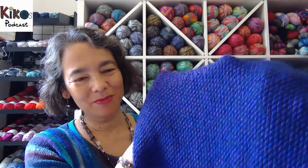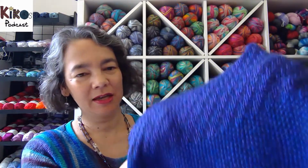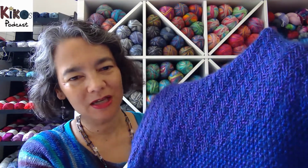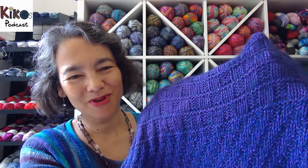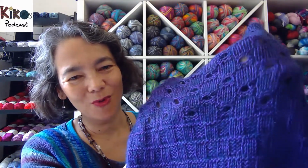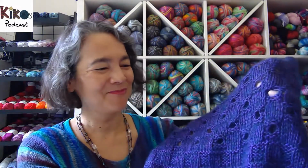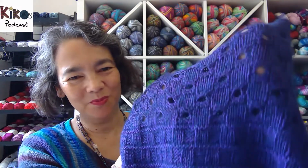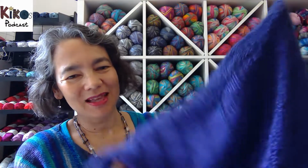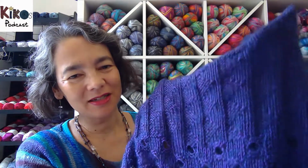So I went from a seed stitch to a 2x2 rib that I offset every other row. Then I went into a 3x3 rib with 2 rows of garter in between. Then I went to a 4x4 rib, so you see the pattern there. And I put some holes in there, so just a tiny bit of lace. And then with the 5x5, I didn't really do a rib. I did